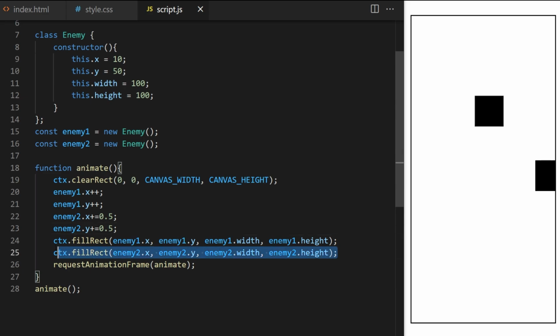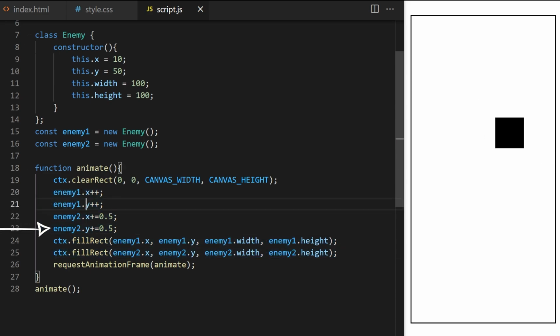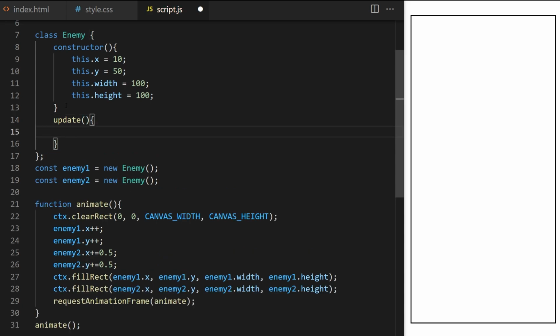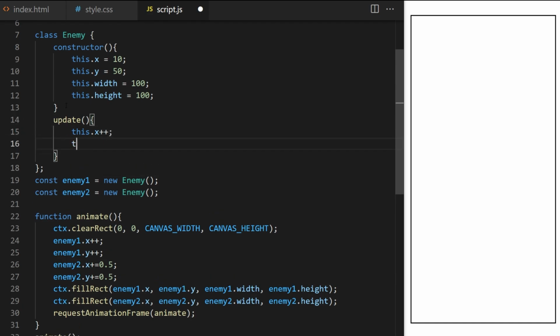First, let's output this code between lines 21 and 24 that handles movement along X and Y axis into a shared class method. That way, we can write this code only once and it will be available to all objects created by enemy class. I will call that custom function, for example, update, and as I said, its job will be to update coordinates of my objects. It will handle position calculation and movement. So inside I say for every frame, increase X by 1